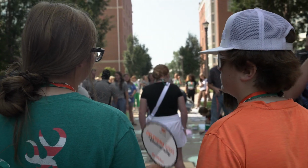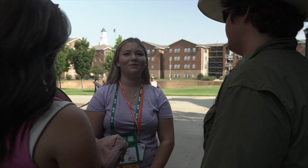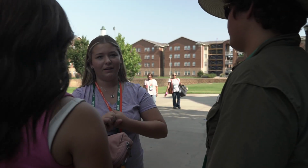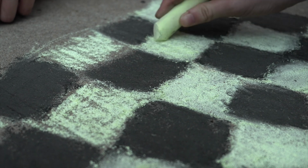I've been in 4-H for as long as I can remember, and OSU's been 4-H, that's all I've known. But coming to Roundup and knowing the campus already kind of helped me decide maybe I do want to go to OSU. Just the opportunity to be in Stillwater for 2.5 days, to be a mini college kid,